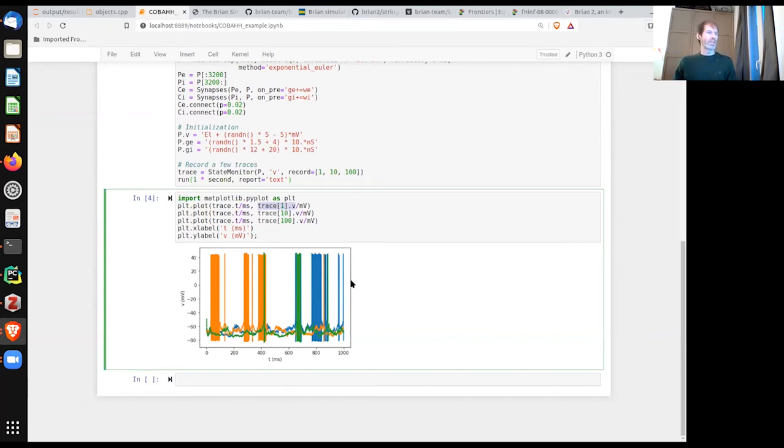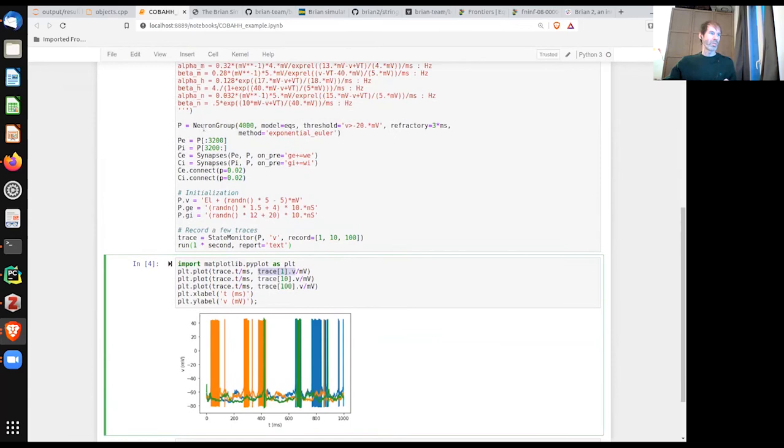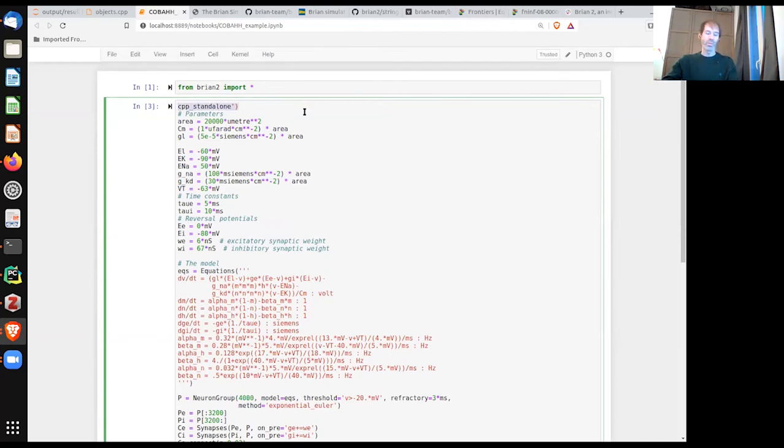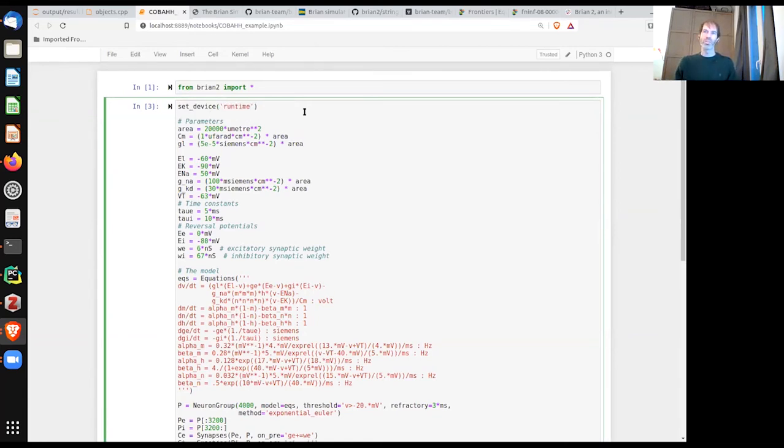So that's the standalone mode and runtime mode. You could explicitly ask for the runtime mode, but normally you don't have to do this because it's the standard mode. But maybe one thing that can be useful when you're trying out things is